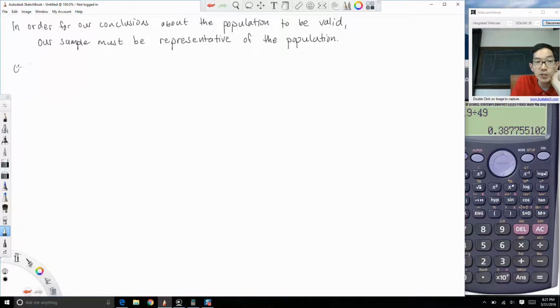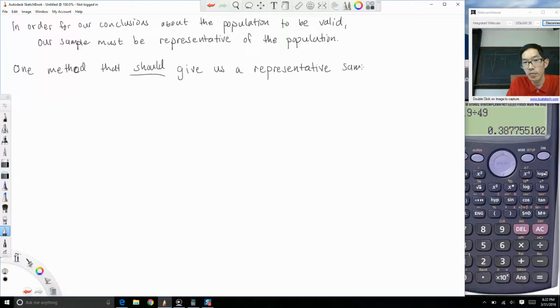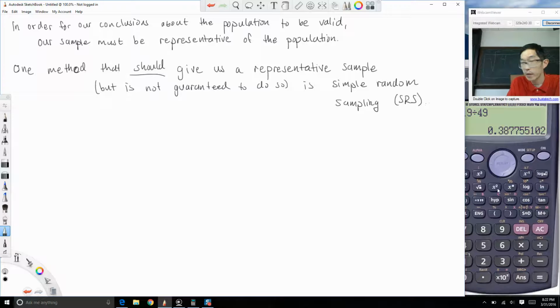So one method that should give us representative samples, but is not guaranteed to do so, is simple random sampling, or SRS. Okay, and so for simple random sampling,